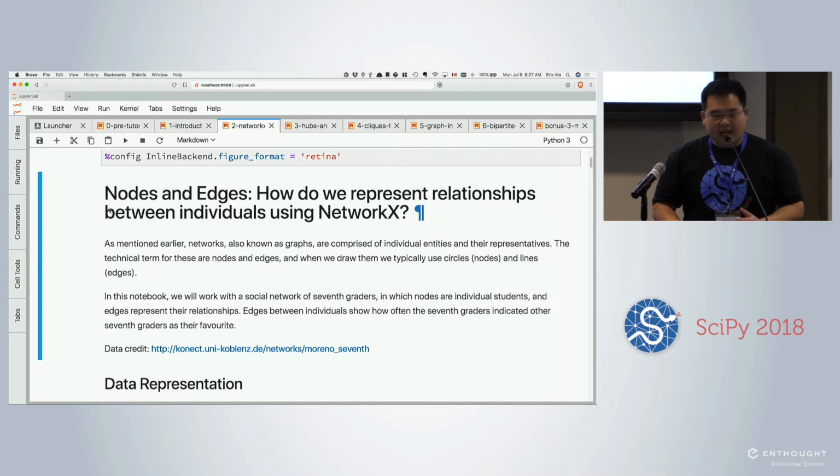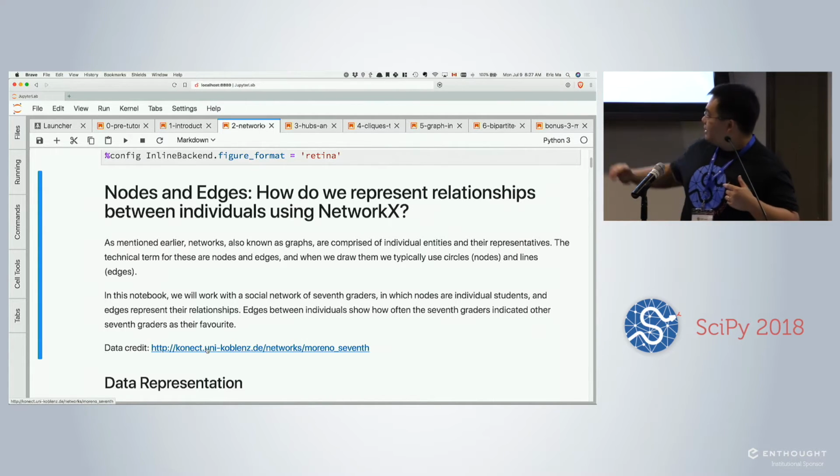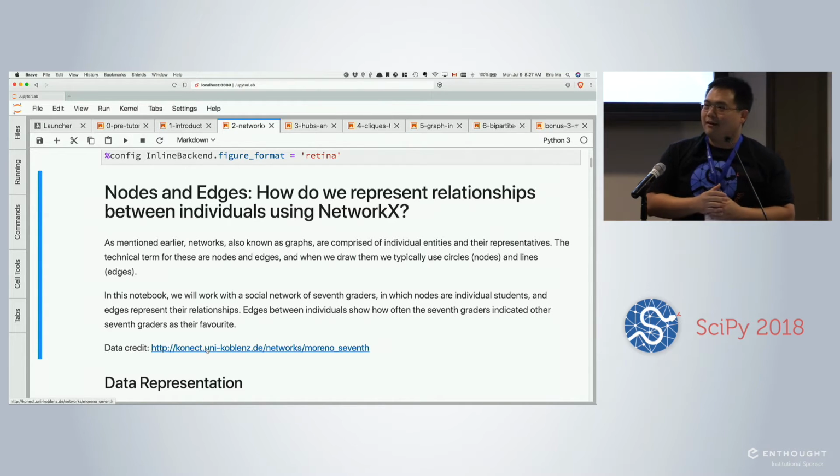In this notebook, we're going to be doing some basic first analyses that you should try on a data set. And this data set is a social network of 7th graders. So what do we mean by social network of 7th graders? I took this data set from that URL that's available in your notebooks, but here's the short description. Basically, there are students, and these students are asked on 3 separate occasions, who's your favorite friend? So then you can have kids who really like hanging out with other kids, and you can have kids that